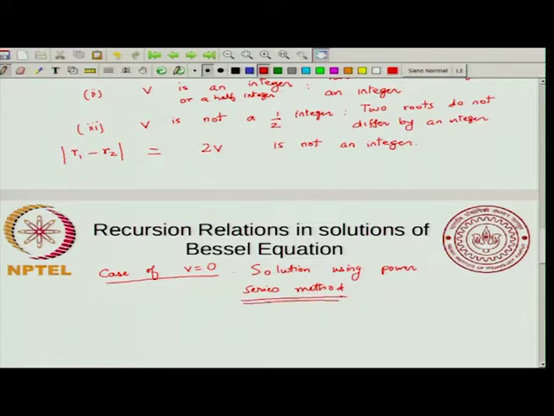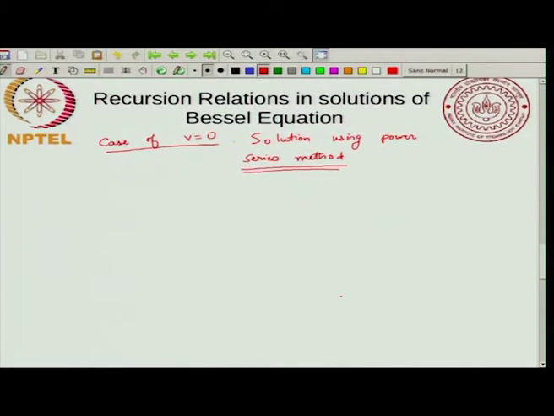We will see the properties of this. I will just mention one property. The solution using the power series method turns out to be a convergent power series. I'll explain briefly what a convergent power series is. It is referred to as the Bessel function. This convergent power series is referred to as the Bessel function of first kind. There are various kinds of Bessel functions; this is called the Bessel function of first kind, and we popularly refer to this as the Bessel function.